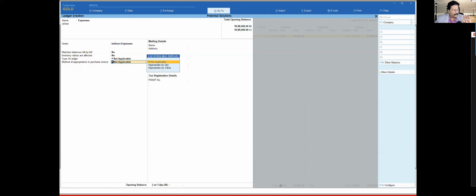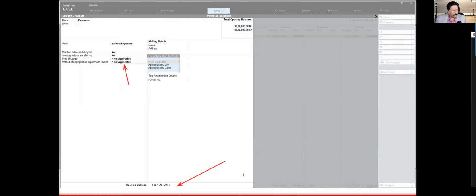Now, if you notice your cursor, the moment you enter not applicable here, the cursor is going to come to the opening balance column.